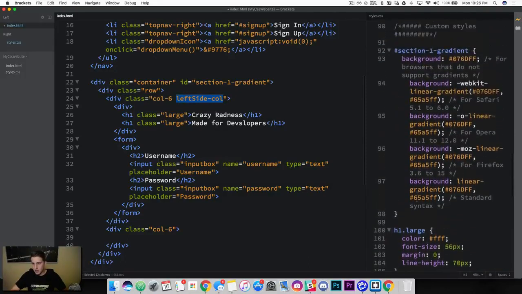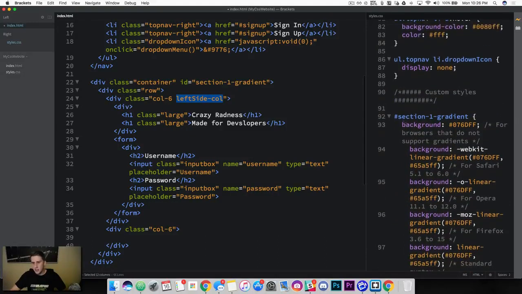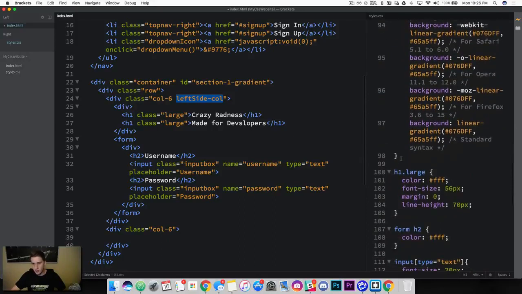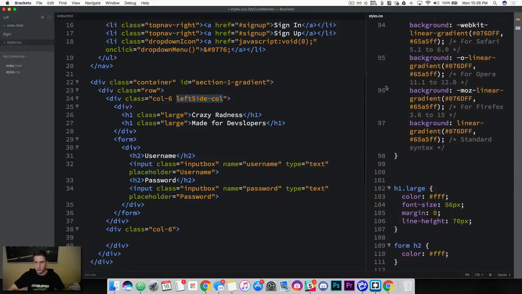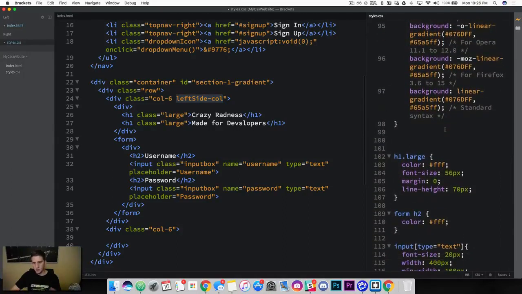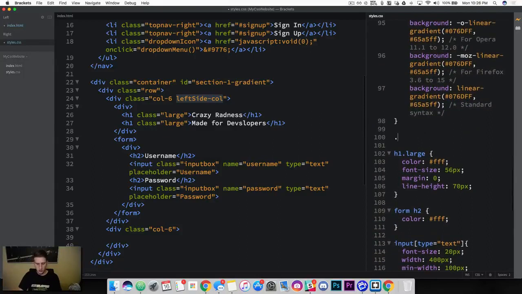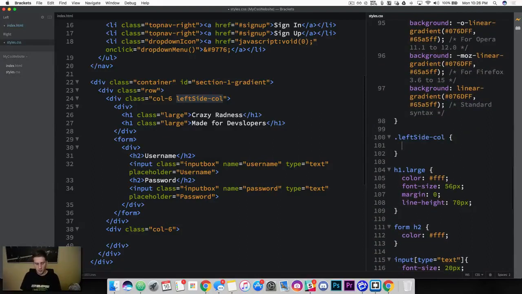And in our hierarchy of things, I'm going to say in my custom styles that I'm probably going to want to put this right after the gradients, because we're working with backgrounds, which are a big deal. Then we're working with columns, and then we're working with our text and inputs. So grab your class with the period, paste it in there, and then we're going to add a margin left